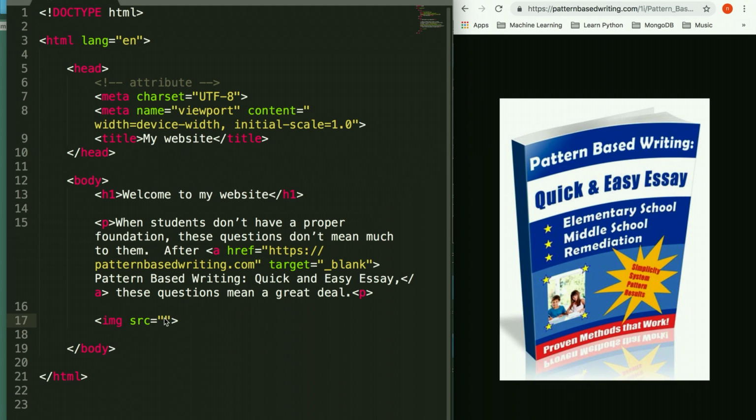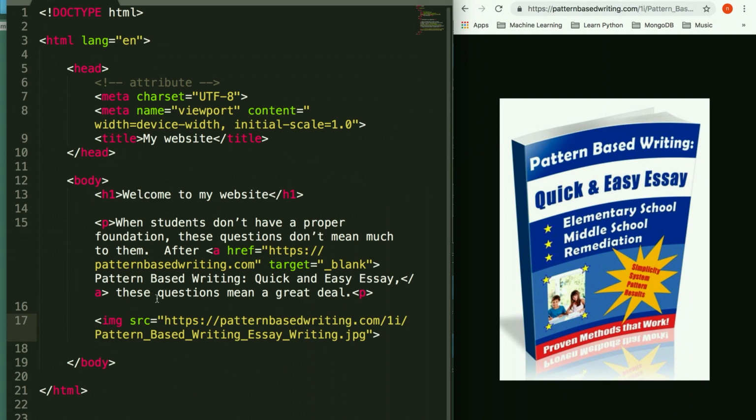So here the source is the image source. What is our image source here? Our image source is a URL from the internet. Let's paste the image source here. This source is available and we can access this image from the internet, as you can see here. Alright, and there are some